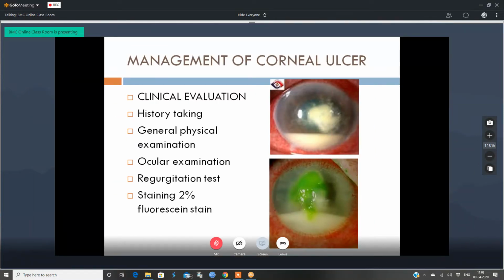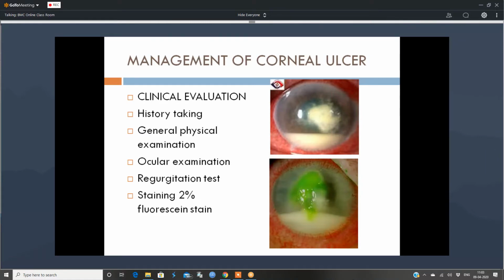So what I'll do is I'll just take off from where we had stopped. Today I will be talking about management of bacterial keratitis, and then I will also take you through fungal keratitis and its management. Okay, so we'll start off. When we talk about management of any disease, we should first be sure about the diagnosis, and then we go on to treat.